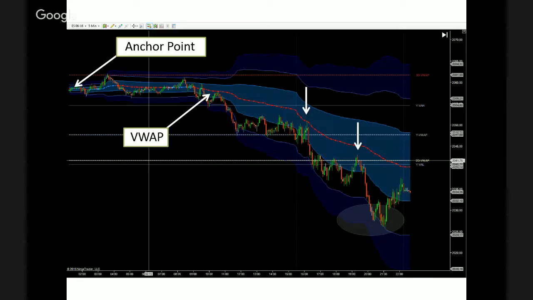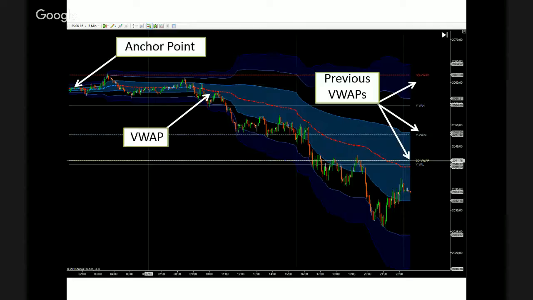And a really neat thing about this indicator is that it also plots previous VWAP levels. So as a default setting, we have entered yesterday's VWAP level, that of 2 days ago and that of 3 days ago. And what we see here is that the market reacts to these levels as areas of support and resistance. We see here at the beginning of the night session, prices coming in from below to a previous VWAP level, the one from 3 days ago, testing this as resistance here,